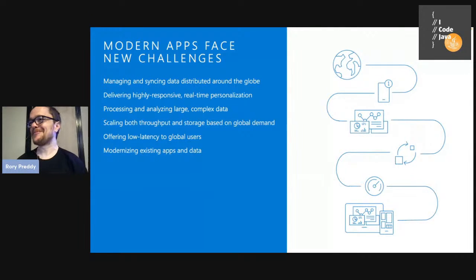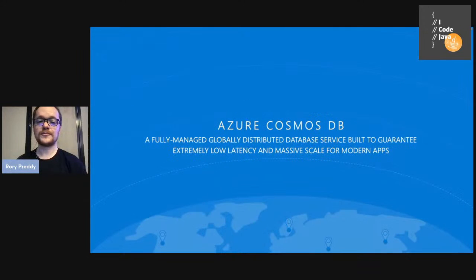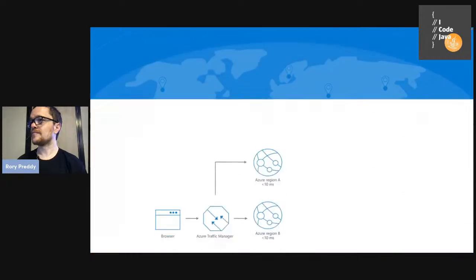We also need to be highly responsive. How do we analyze that data? How do we deal with throughput, so how do we grow these things and make them bigger? There are issues of latency. And Microsoft's solution to this global data problem is really CosmosDB, right? Azure CosmosDB is a product with different database engines. We'll have a look at what those are.